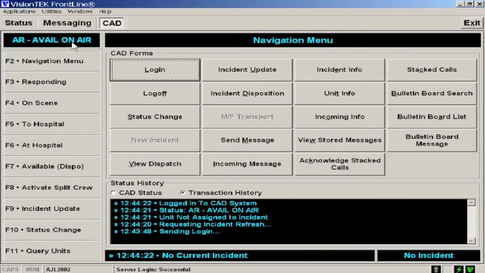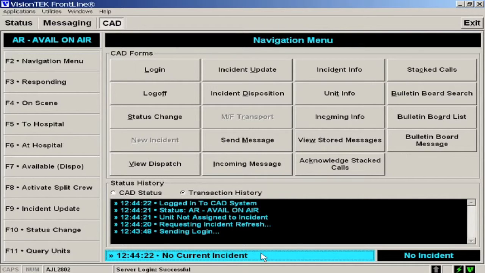Let me point out three very helpful fields in mobile CAD. First, you have the top left field that displays your current status, such as available or on scene. Secondly, the bottom right field tells whether you are on an incident or not. Finally, the bottom center field shows your most recent activity, letting you know the information you are sending to CAD